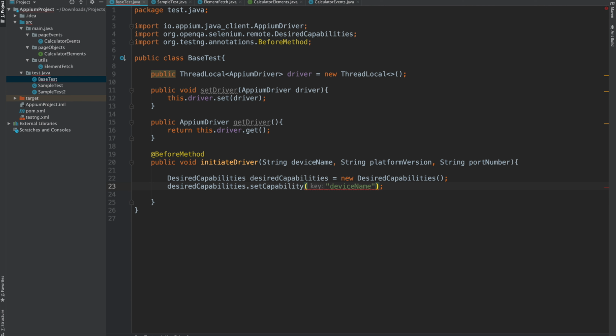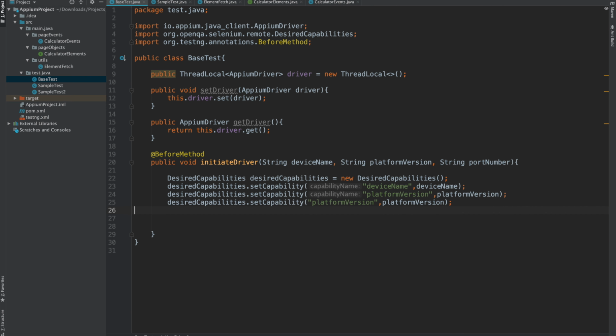So this we will be adding whatever we will be getting as the parameter, and then same will be for the platform version. And currently we will be running the script on Android, so I will be adding the platform name as Android here.